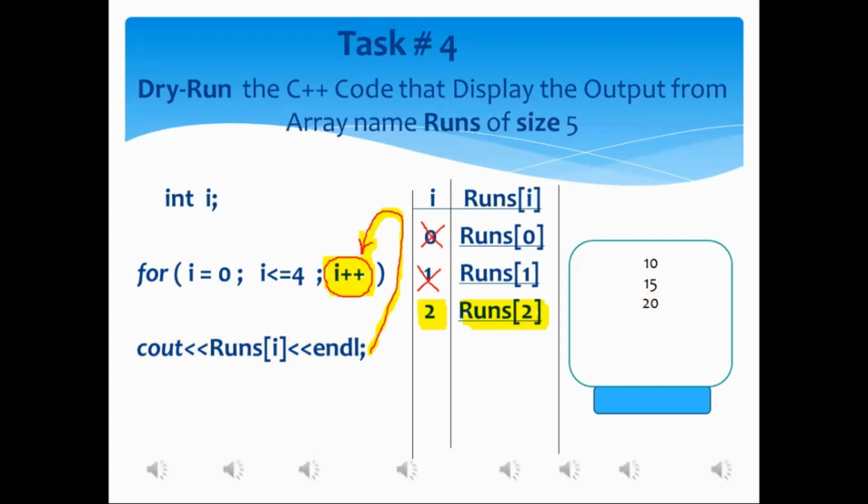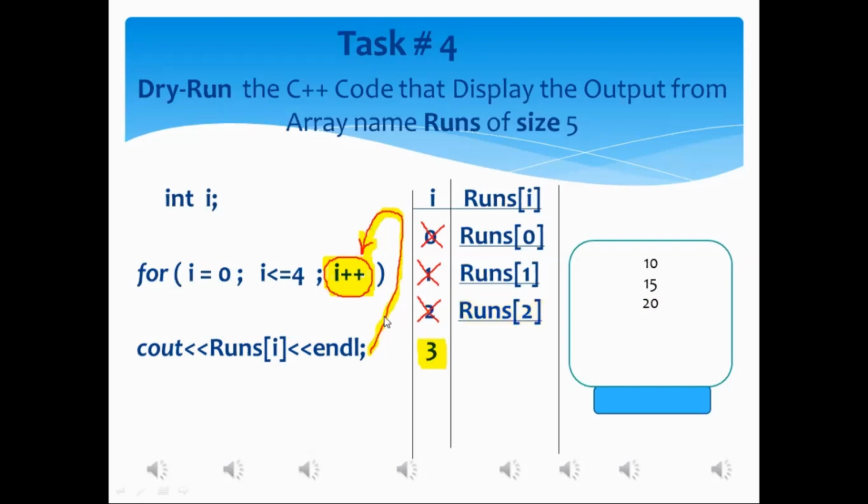If we execute this increment statement, it means we add 1 to I. Okay, what will I's next value become? 3, sir. It means I's current value will become 3. If your permission is there, do I write 3 in the column I in place of the question mark? Yes, sir. Okay, thank you. I'm writing 3.